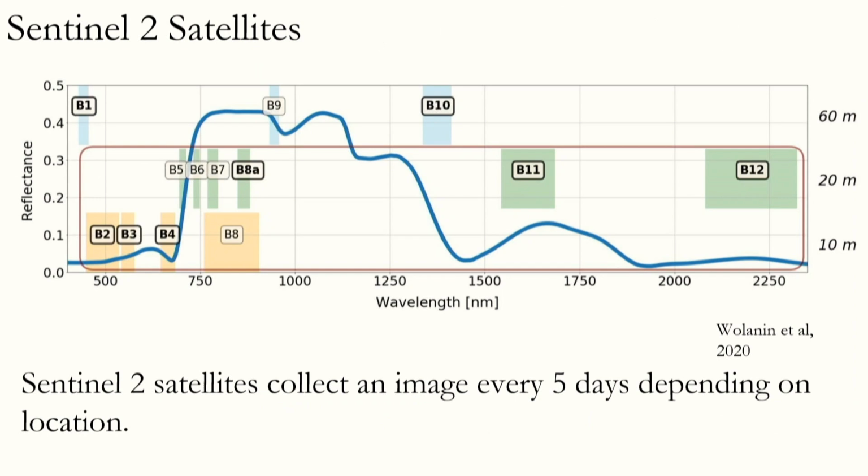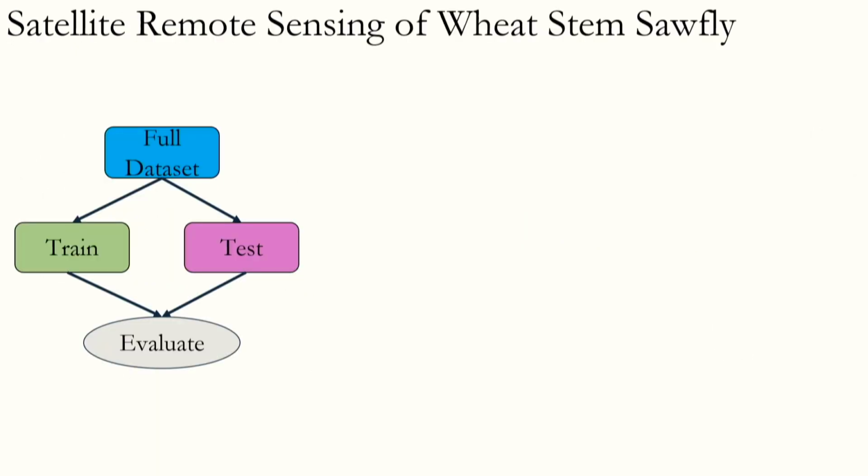And I chose Sentinel-2 because it has good coverage across that spectral gradient. It collects 13 bands, and it records an image every 5 days, depending on your location. So I grabbed all the cloud-free images from beginning of May until harvest, and that came out to be 16 images for this field. And again, I use that same approach with that sparse multi-way partial least squares regression, where